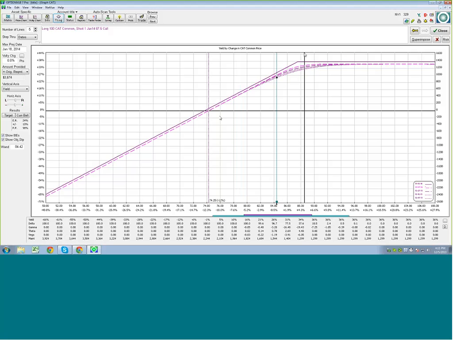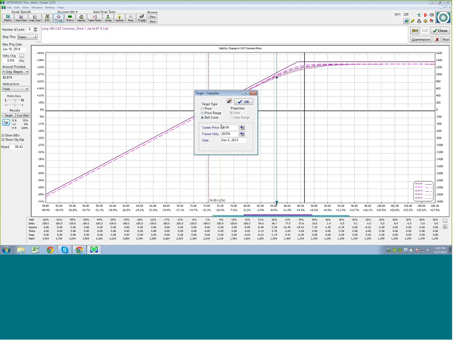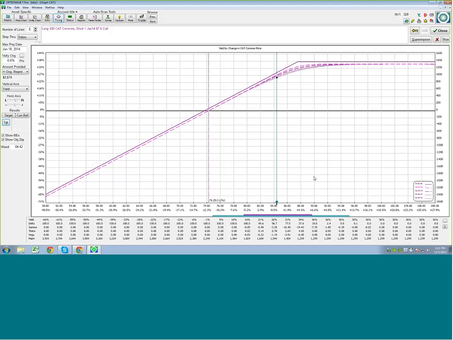You see this black solid line right here? That's because there's a target set up here for some reason. I'm going to click on this target here, and you can see that, yep, I did have a target set up from looking at something before. So I'm going to go ahead and erase my target, and you can see that disappears. But you can set up your targets if you want to, if you have a particular target in mind,